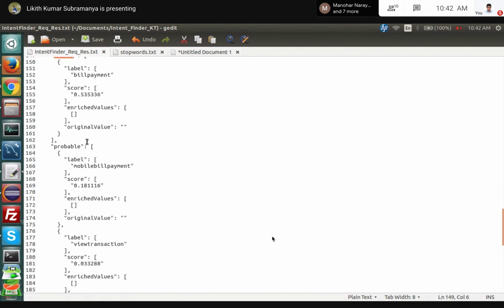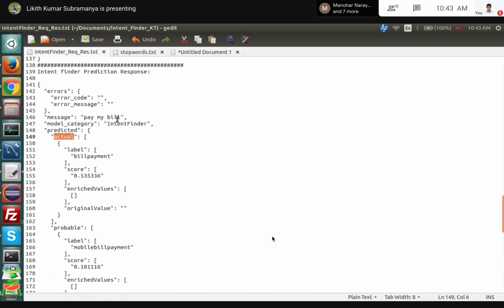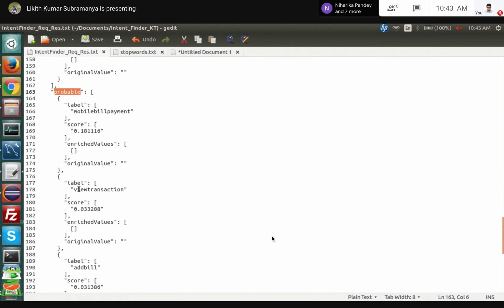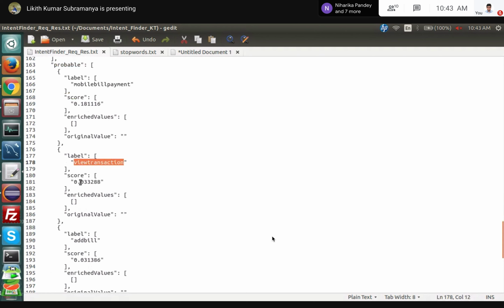I have also got mobile bill payment predicted as an intent with a score of 0.18, so this will be in the probable category. And others, like view transactions with 0.3 accuracy, will all be under the probable category.